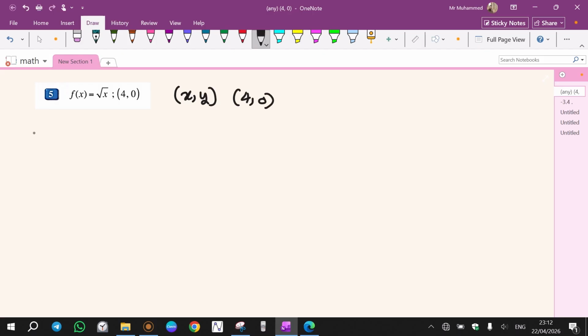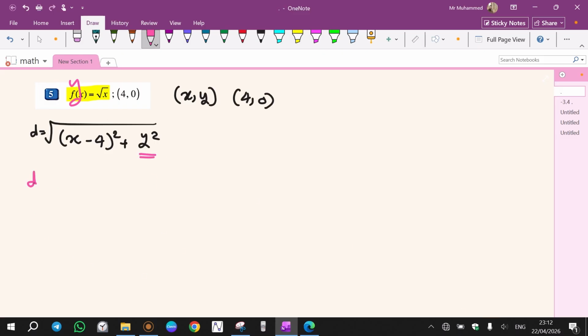Let's write the rule of distance for these 2 points. Square root of x minus 4 squared plus y minus 0 squared, which is just y squared. Now I'm going to replace y with radical x because it's given f(x) equals radical x, and everyone knows f(x) means y. So y equals radical x. Replace y with radical x. I'm going to get d equal to,